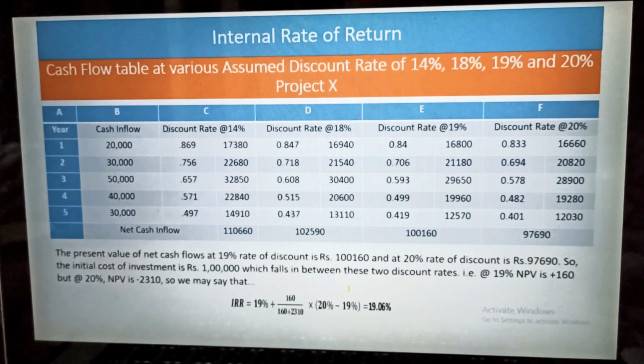So calculate to the amount of investment, and since the discount rate is determined internally, this method is called the internal rate of return method. The internal rate of return can be defined as that rate of discount at which the present value of cash inflows is equal to the present value of cash outflows. The internal rate of return can also be determined with the help of present value tables.